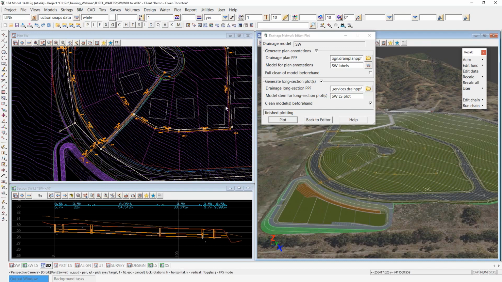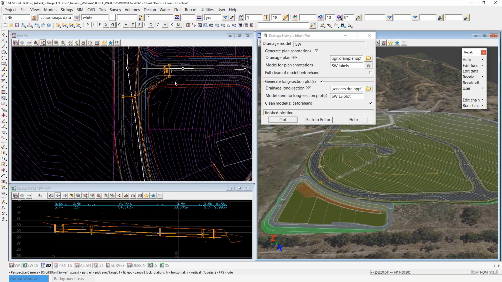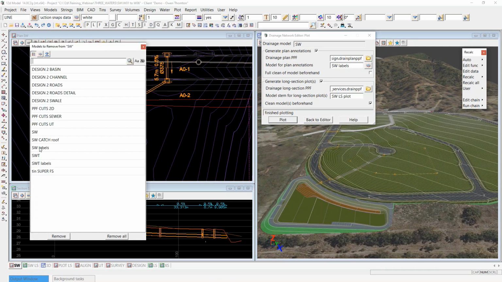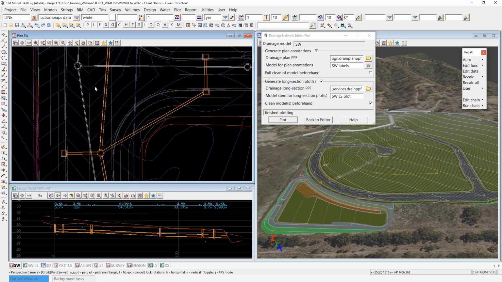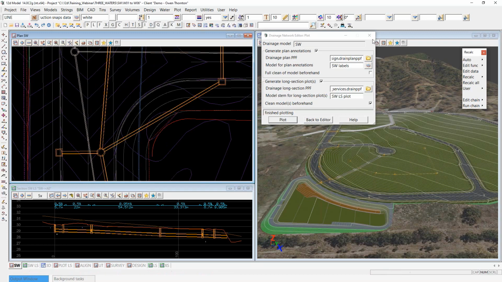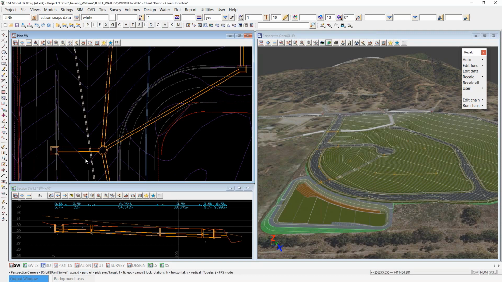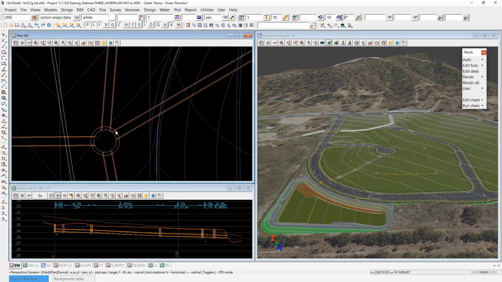I'll just do a quick demonstration of why that's useful. For simplicity, I might take off the stormwater labels and just have the network on the view. Now that I've got my pits in the precise location I want them, the question of whether this manhole here is in the right location is something we might want to reestablish, and ask whether we can get it in a slightly better location, for instance. Also, looking at the pipes coming into this manhole,